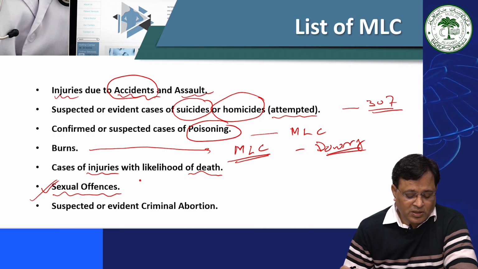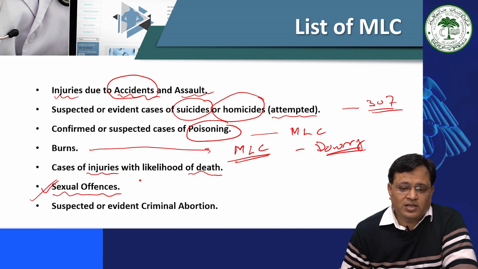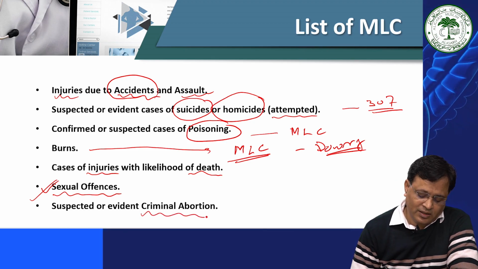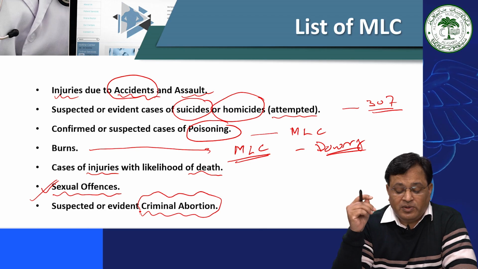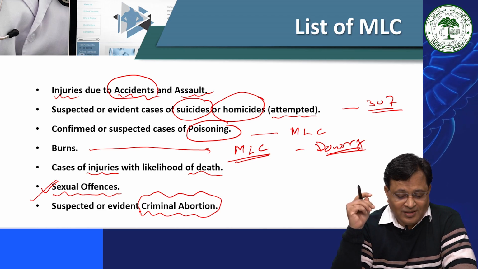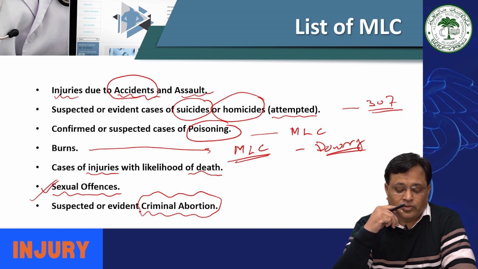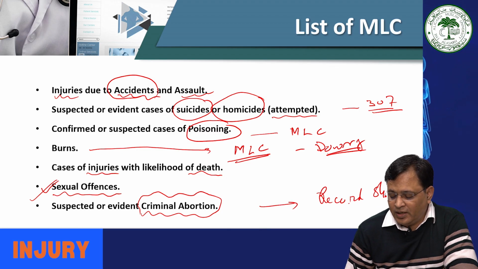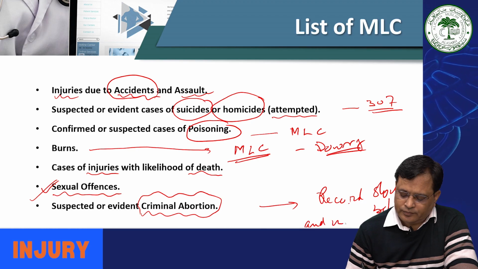Another is a suspected or evident case of criminal abortion. There are other cases, especially obs and gynae cases, where the patient comes after an abortion, and we should report whether it is a criminal abortion or even a case of child death, premature death or stillbirth. We have to report all these cases to the authority, and we should not keep the burden to ourselves, and we should keep our records clear, clear and updated, because we need